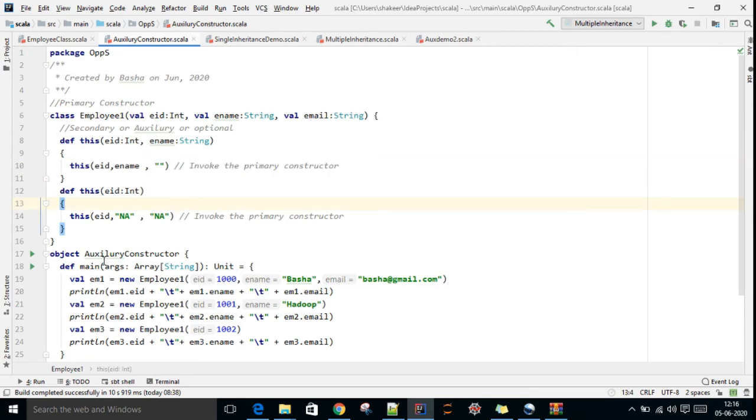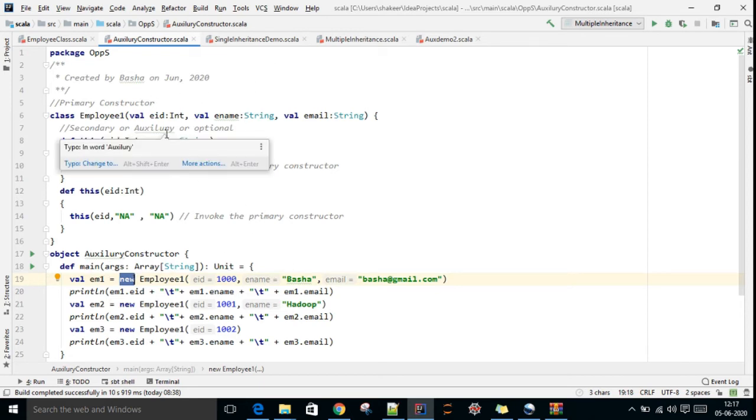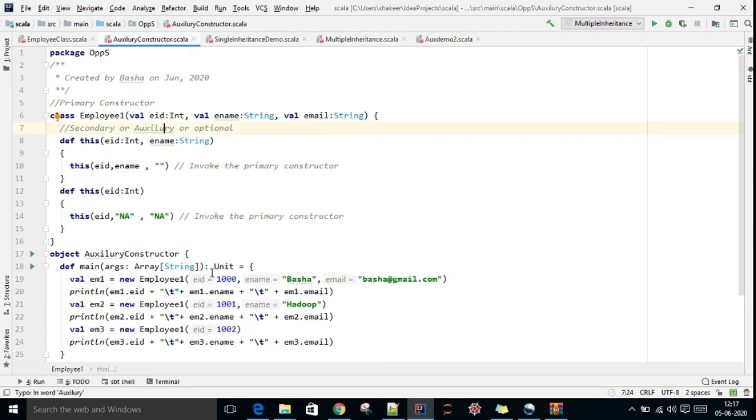In the main method I am creating an instance and calling the primary constructor with the three parameters: employee id 1000, employee name Basha, and an email.